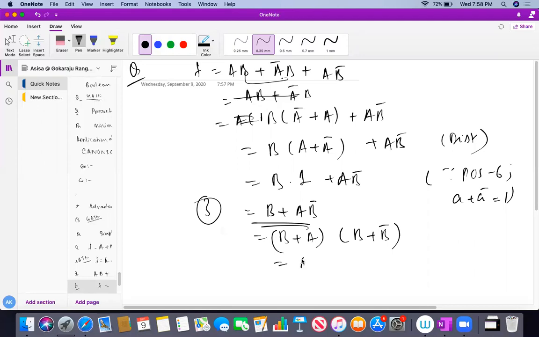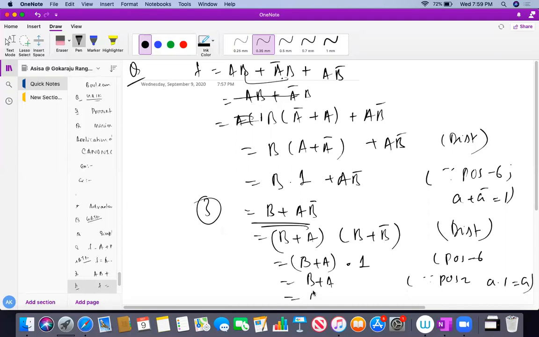Okay. So it will be B or A, B or A B bar is 1. Okay. Postulate number 6, here distributive law, all these things you have to know. B or A, because I have used postulate number 2, which is nothing else, A and 1 is A. So I can also use commutative law, which is actually B plus A. So I have used the commutative law finally to get A plus B, A or B. Okay, do you all understand? I can reduce it up to 2 literals. Okay, so we'll move to the next part.